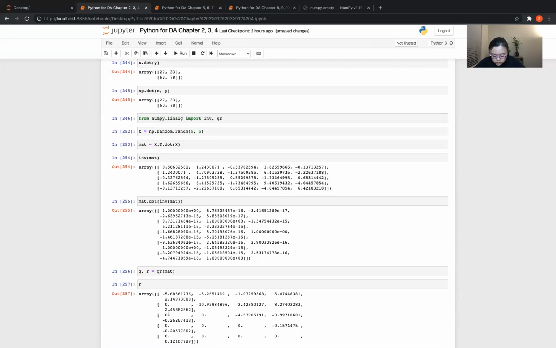What is r? So the expression x.T dot x computes the dot product of x with its transpose, x.T. Yeah, that's correct. So what should we do with QR? QR is to compute the QR decomposition, and